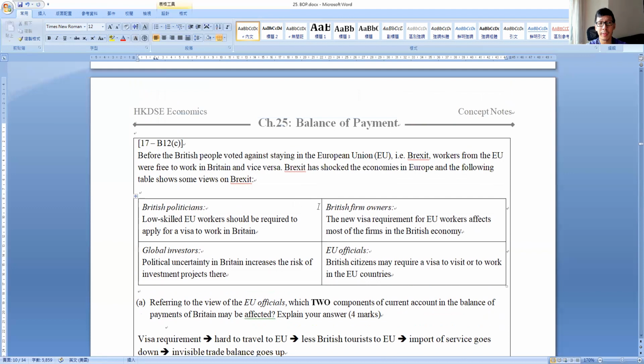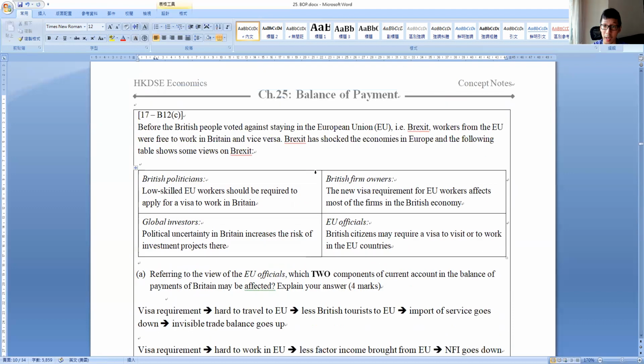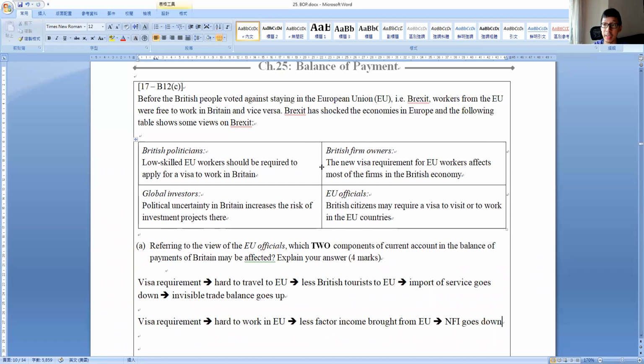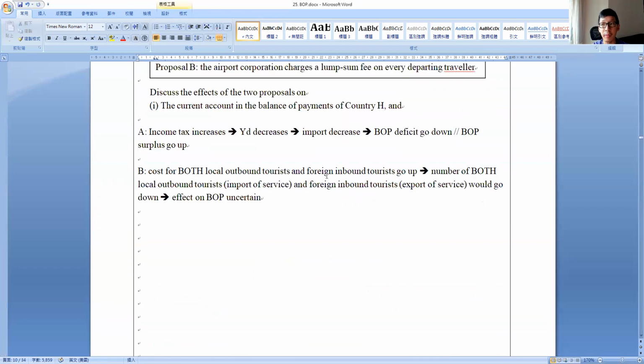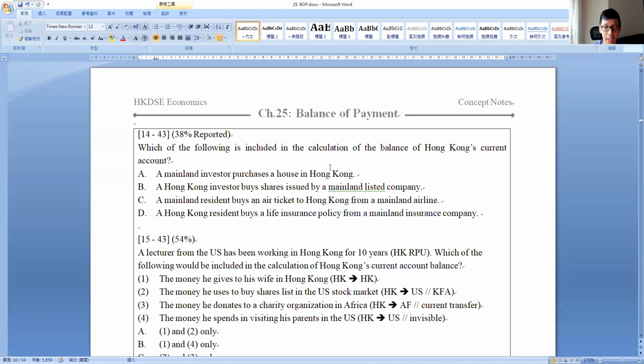So you see when we talk about component of GDP, right? Component of GDP, we are talking about long questions. Therefore, you need to know this topic by heart. 一定要好熟。如果唔係，我幫你唔到，得唔得？